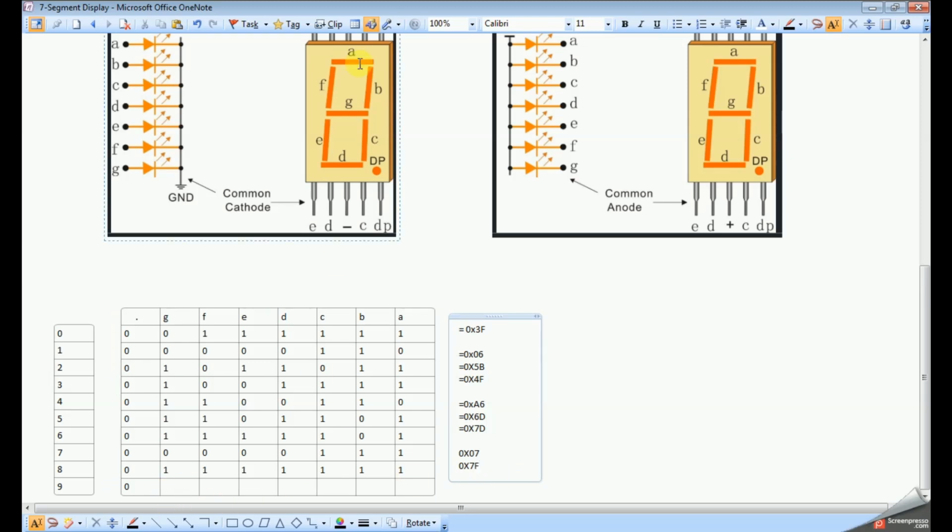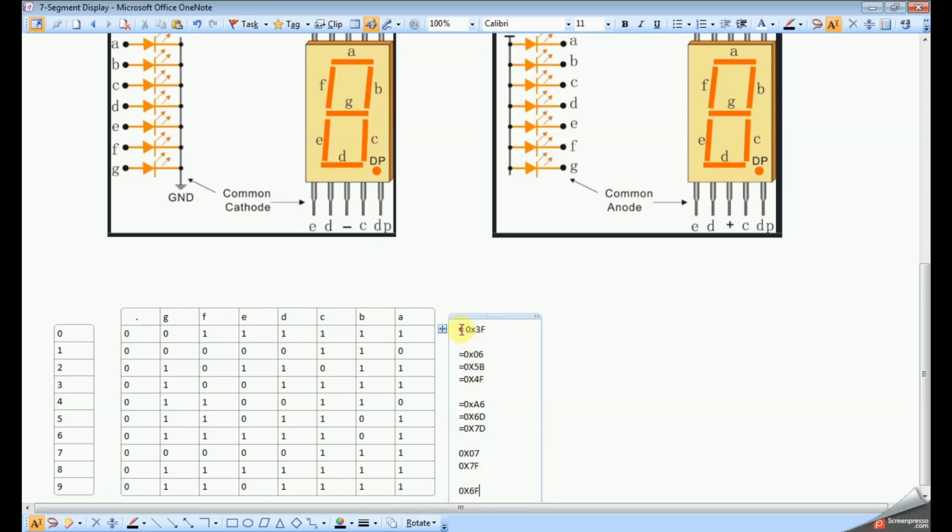Next I would like to display number 9. 9 means except E, E is 0, remaining are all ones. So then the code will be 0x6F. So it displays 9.